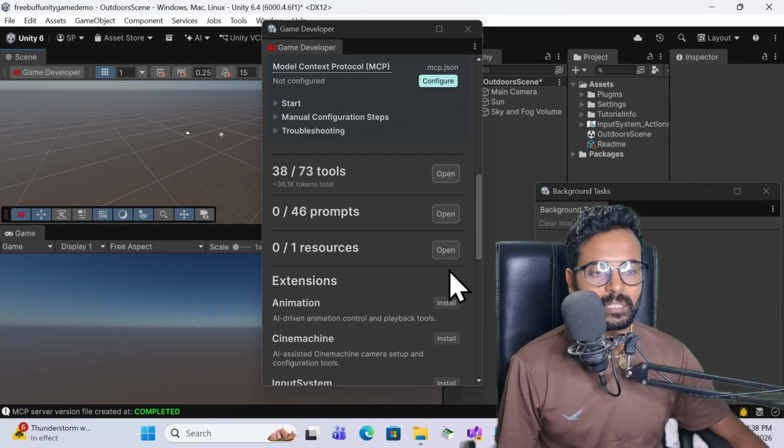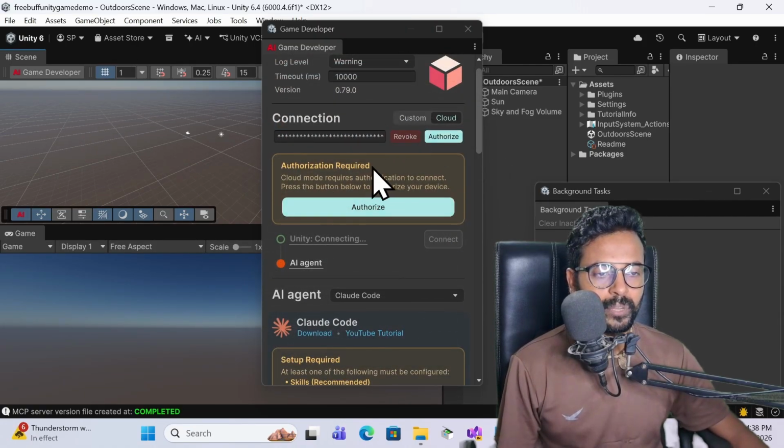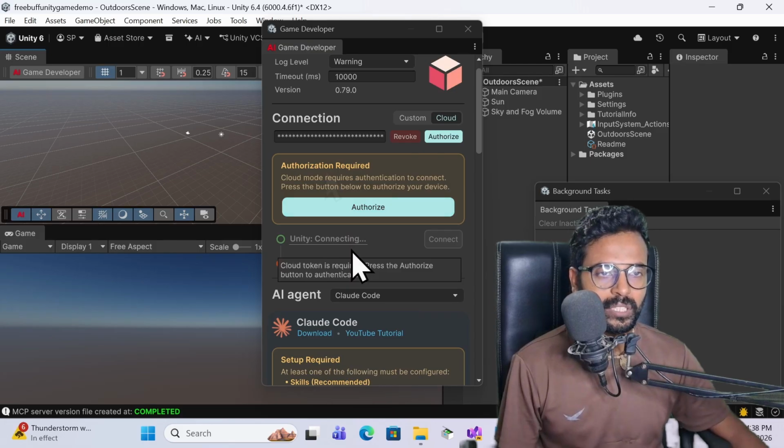So you can just simply install those, whatever your requirement in your game. Based on this you can just install that. That's it. And now we are moving to the next step: how to configure and set up Unity AI game developer in Unity, which we can attach to any coding assistant, or currently we are using Freebuff. So how can we integrate that in our